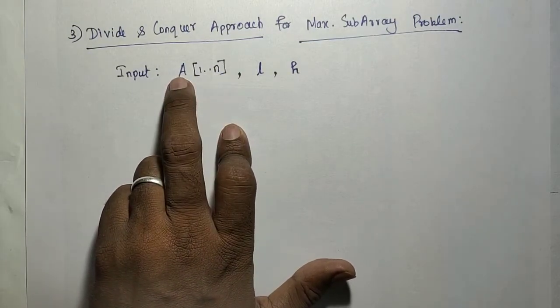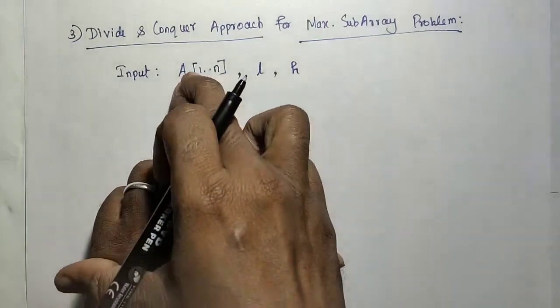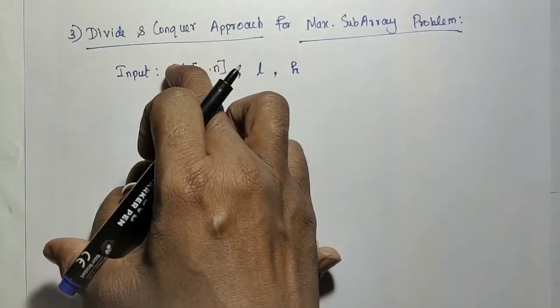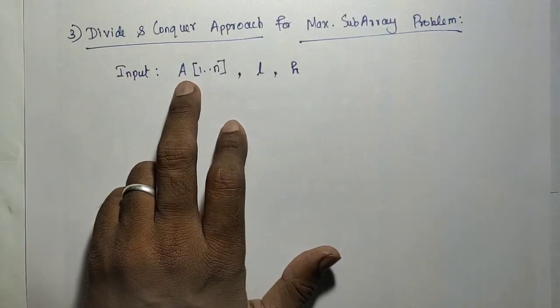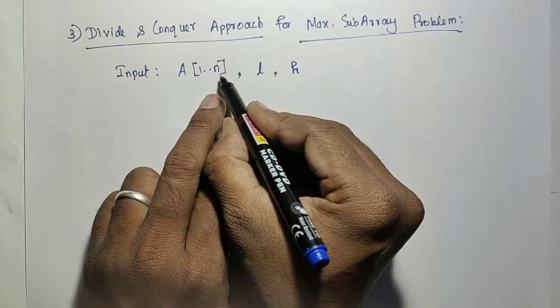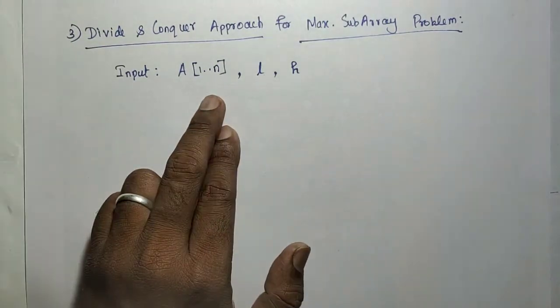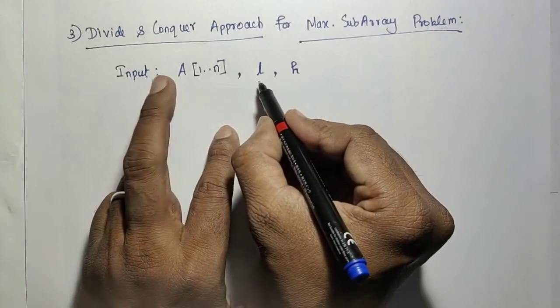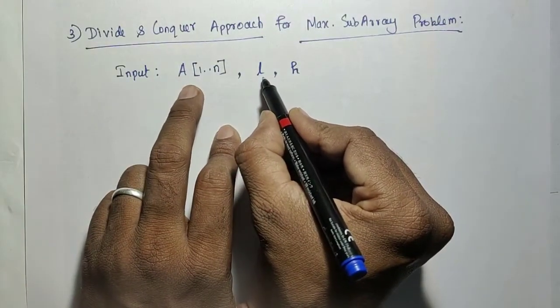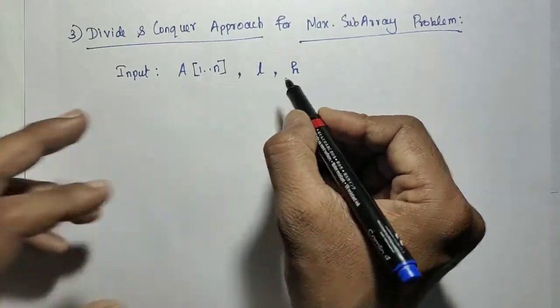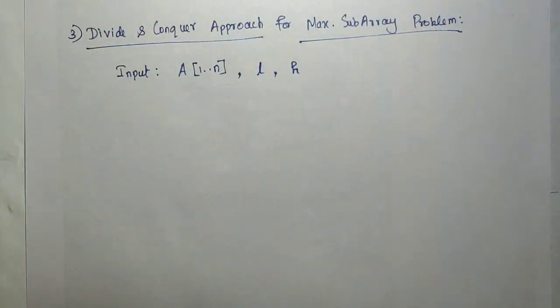Maximum subarray from 1 to n, like this. So n is an input and this array is an input in the previous algorithms. Now n is going to be given as a starting index and an end index. So from that array, from the range L to H, you just find the maximum subarray, that is the meaning.